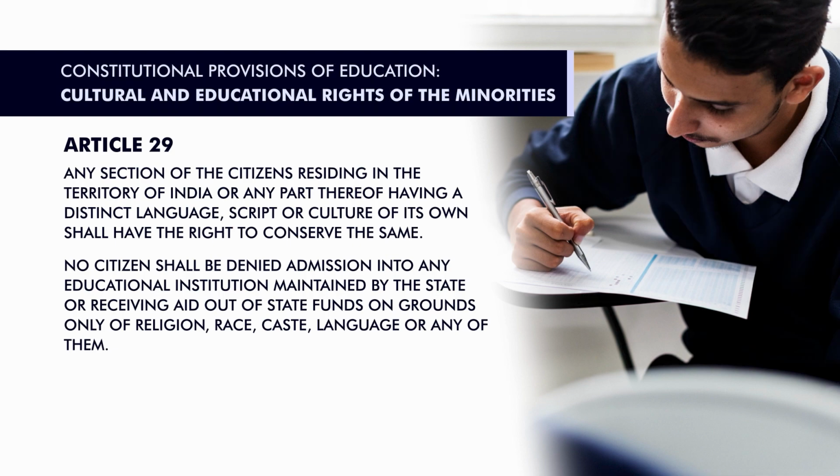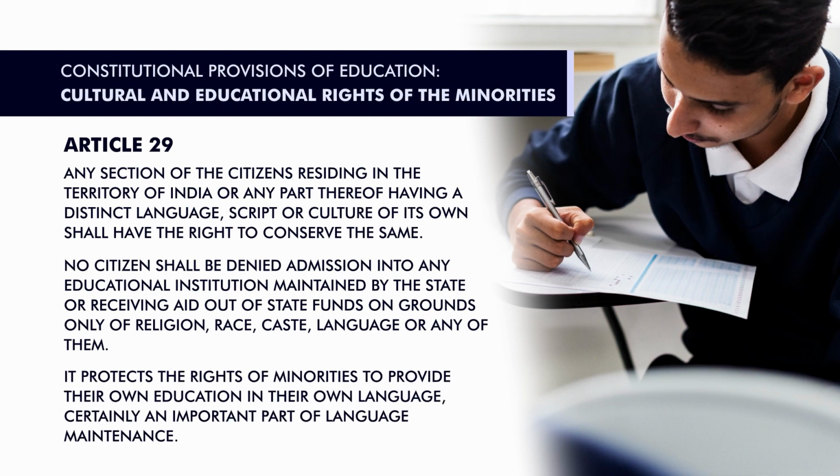That is why in the Right to Education Act, if you go through the recommendations, you will find one important recommendation is that private schools will take 25% of students,